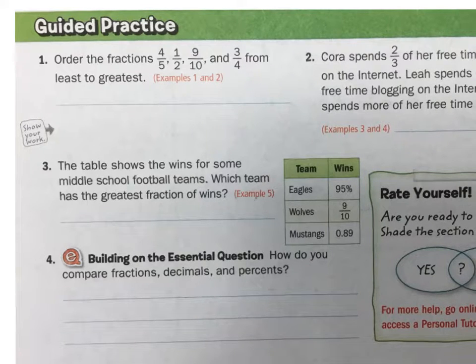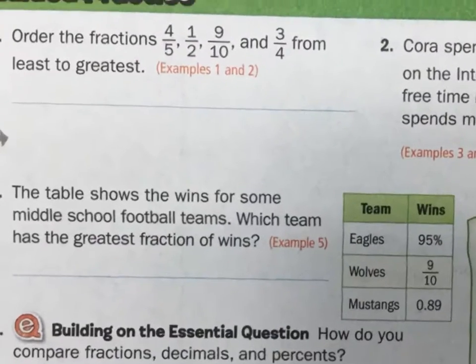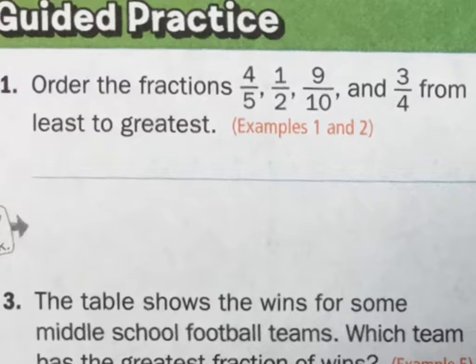All right, this is the guided practice for 2.5, and we're talking about ordering and comparing fractions, decimals, percents. So this first problem, let's make it nice and big. Okay, we have four fractions. We have 4/5, 1/2, 9/10, and 3/4, and we've got to order them from the least to the greatest, the smallest. Okay. One way to do this is to have them all have the same